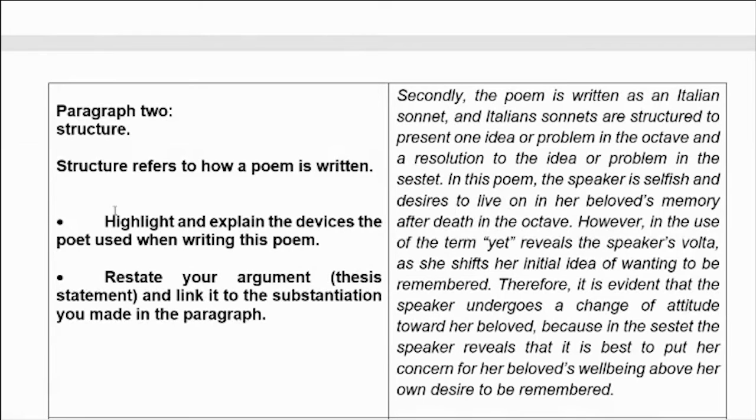Okay, and then you need to highlight and explain the devices the poet used when writing the poem. So we know it is an Italian sonnet, right? Okay, it makes use of an octave and a sestet, and within that poem there's a vault. So these are some of the terms that you need to familiarize yourself with. Okay, so secondly, the poem is written. Now look here. Secondly,